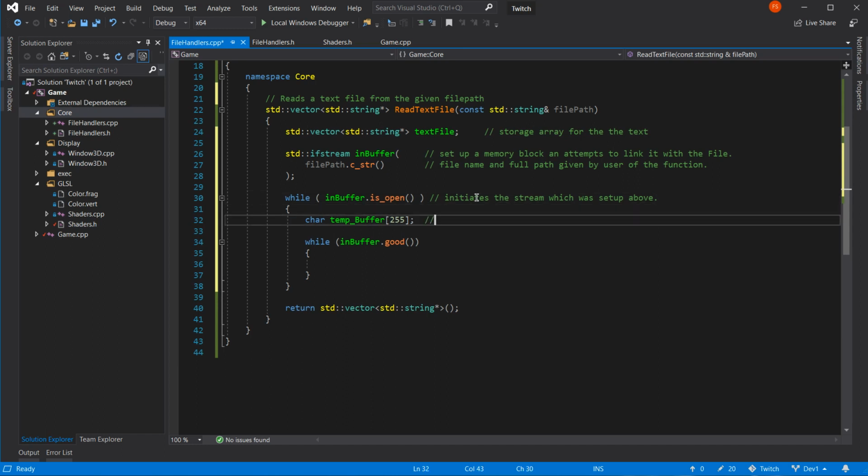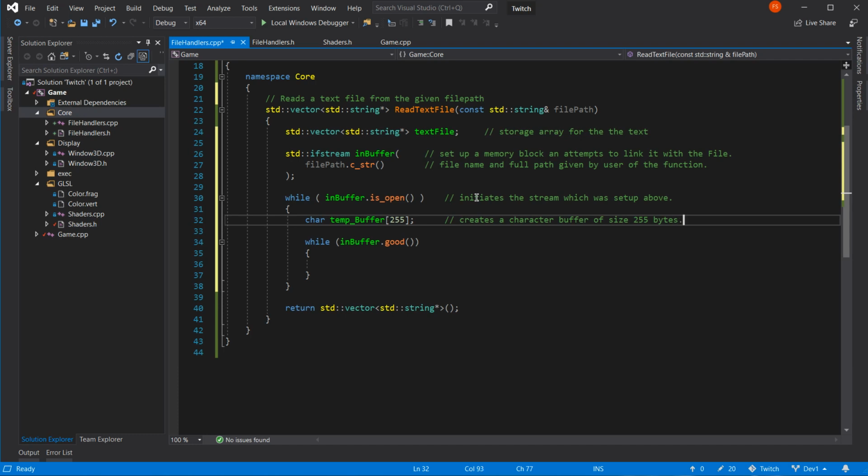This part just creates a buffer, a character buffer, of size 255 bytes, which is 0.25 kilobytes.